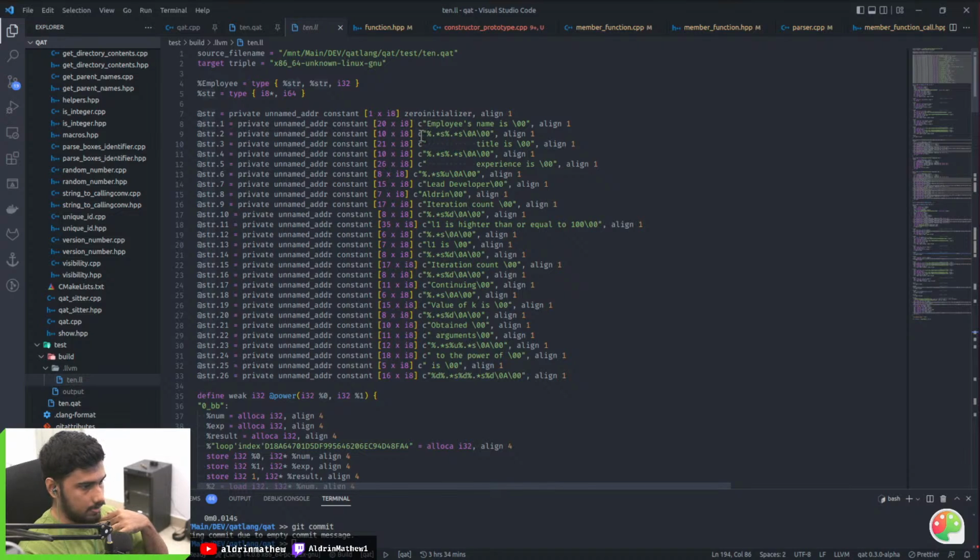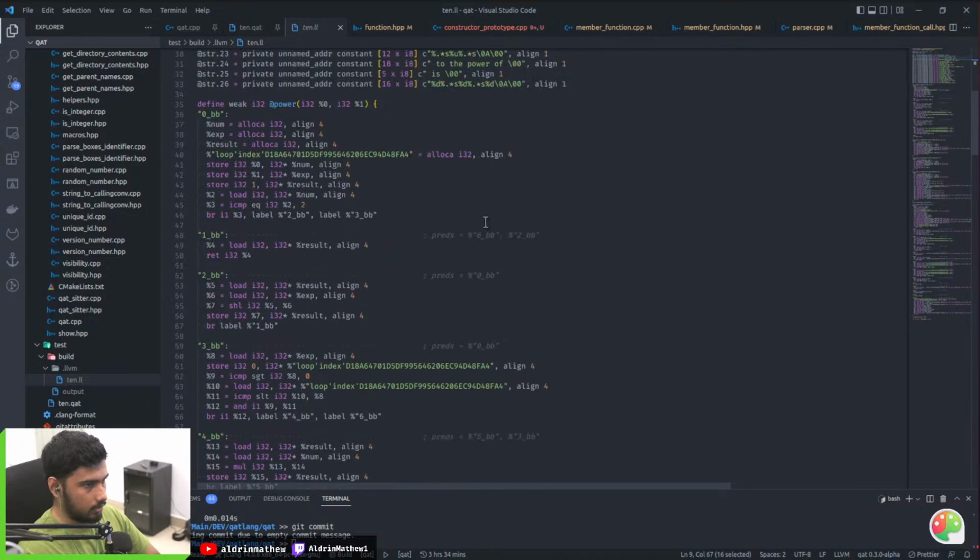In the meantime, if you mean compilation target, it's LLVM, and that means it can compile to almost any platform, right? Because there might be some janky platforms that LLVM doesn't support. So if you look at the IR, this is the formatting string for the first encounter of say.